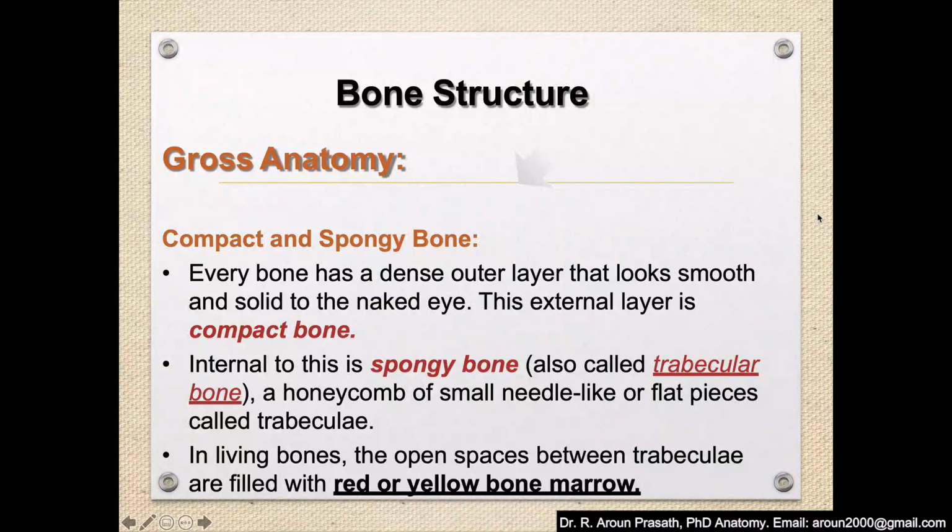Okay, coming to bone structure, as I told you, there are bones that are spongy in nature and bones that are very hard and compact in nature. It depends on the functions. For example, some bones are present to protect structures. Some bones are arranged in a form that transfers the body weight. When you talk about spongy bone, there is something called the trabecular system.